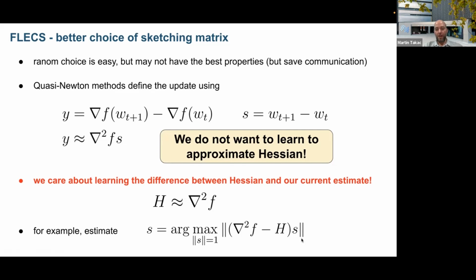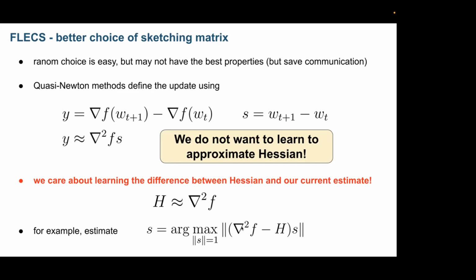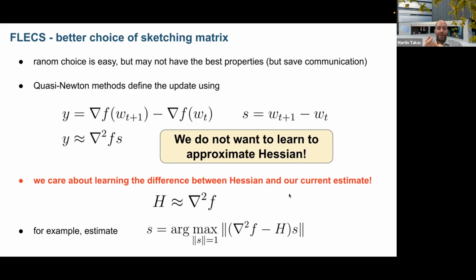If you really want to minimize this quantity, basically the spectral norm between the Hessian estimate and the true Hessian, you really want to choose S, which will be the maximum eigenvalue, eigenvector of this difference, right? Because currently we just choose S randomly, which is not perfect. The perfect choice should really try to maximize the difference between my belief and the true Hessian. Yeah, that's the intuition which we have, and now we are working on this one.